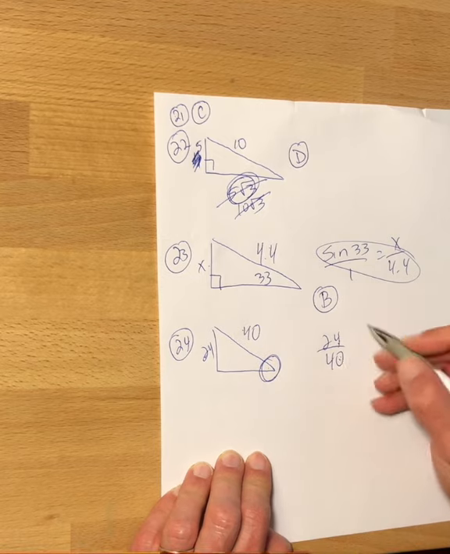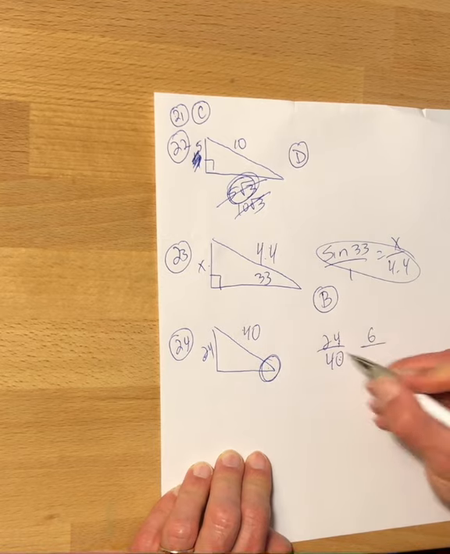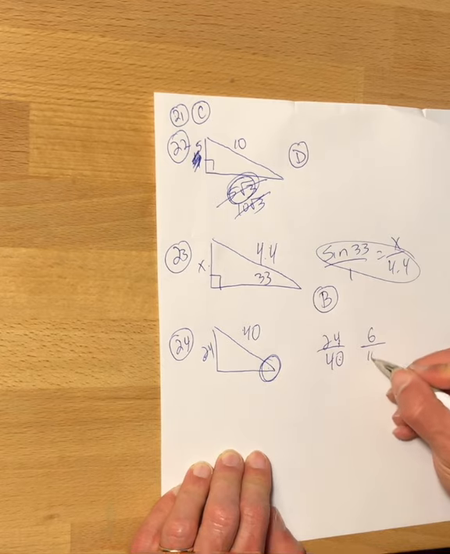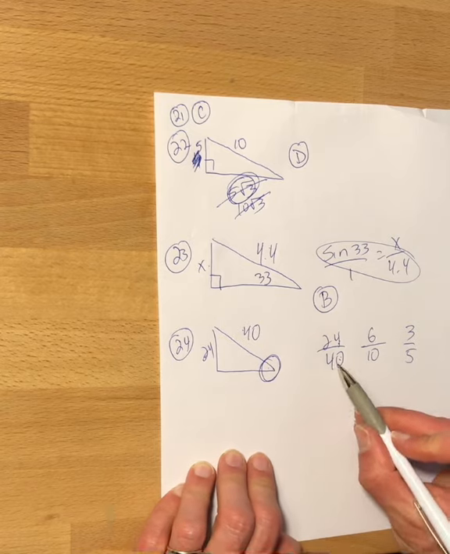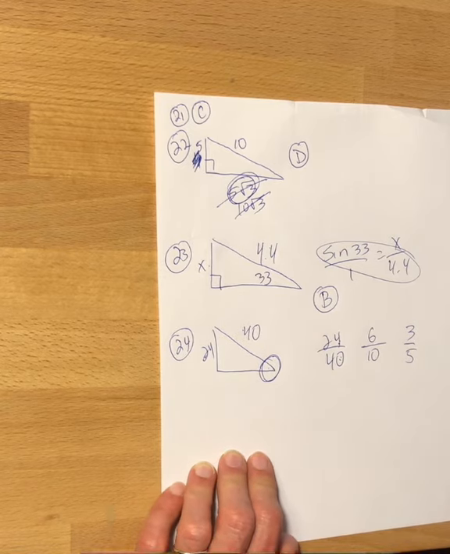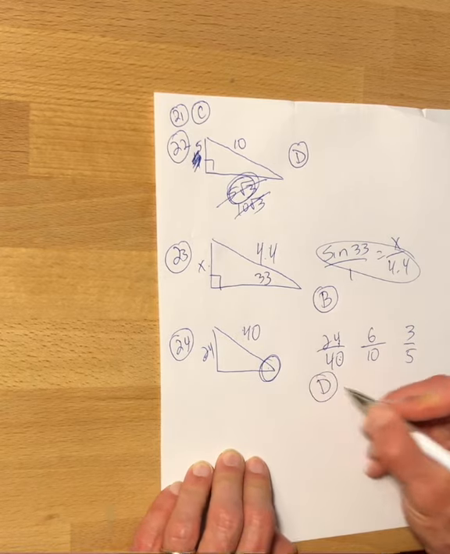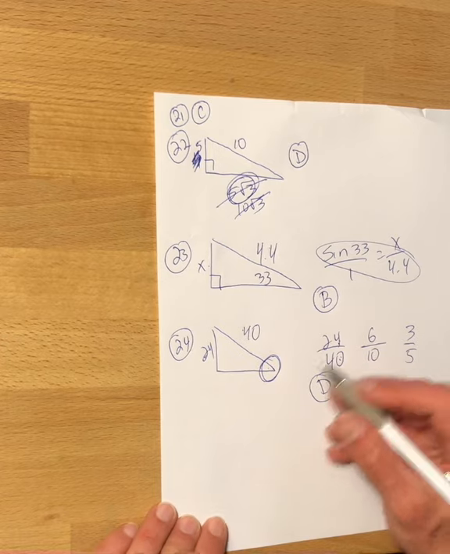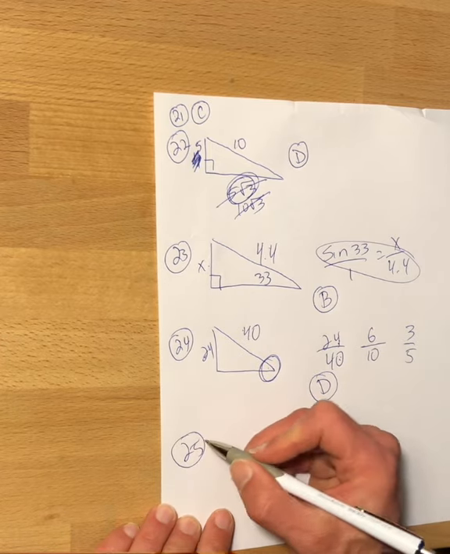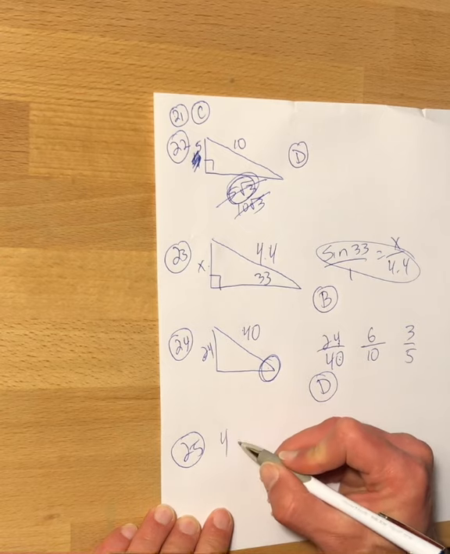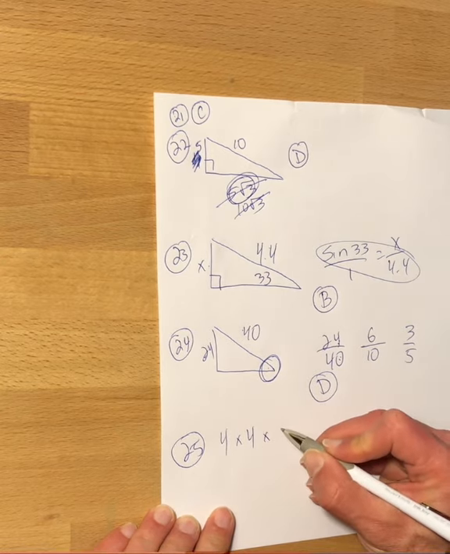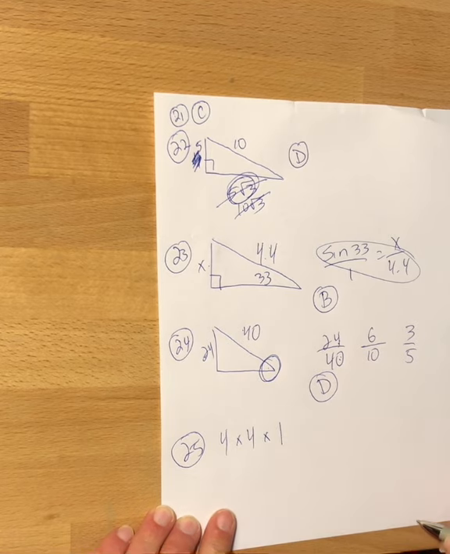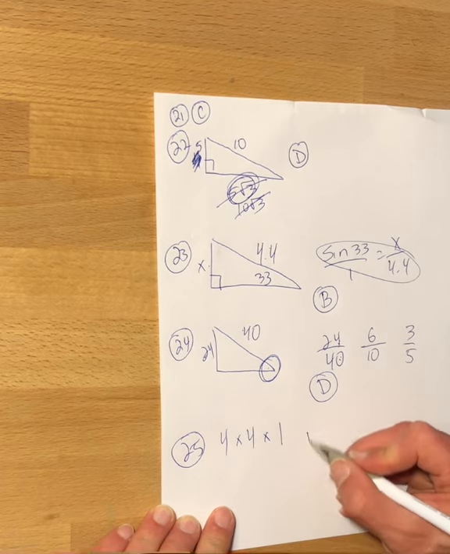So you're going to get 6 over, you can reduce it by 8 too, 6 over 10, which is 3 over 5, which is going to be letter choice D for 24. Last one, number 25. You have 2 squared, which is 4, times 4 times 6 to the 0, which is 1. 4 times 4 is 16, which is letter choice